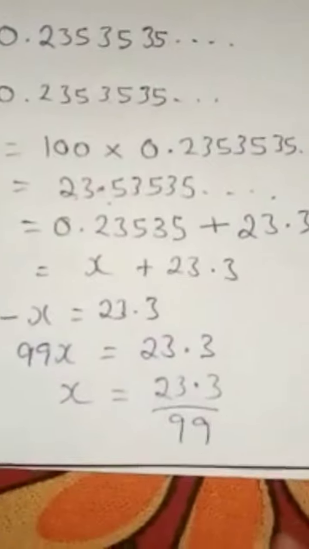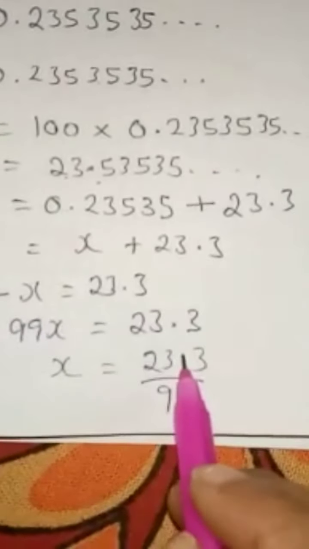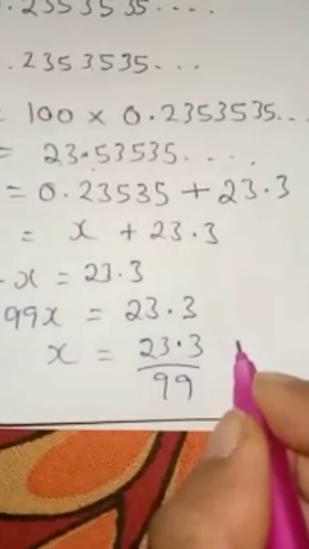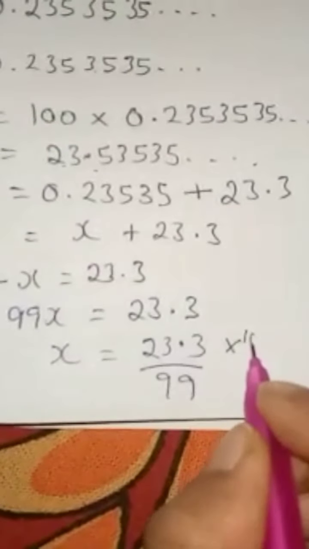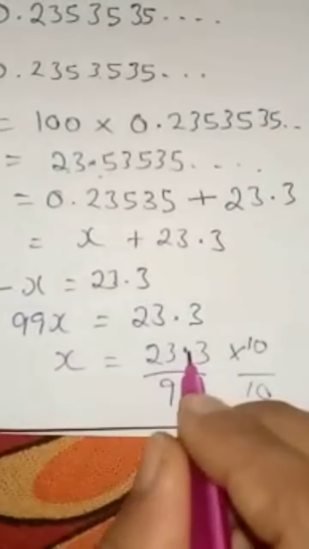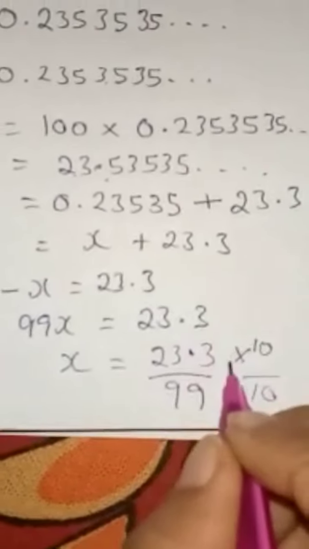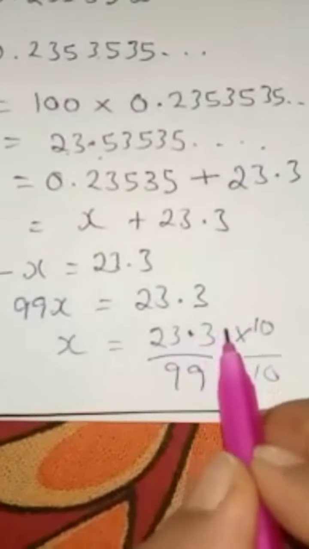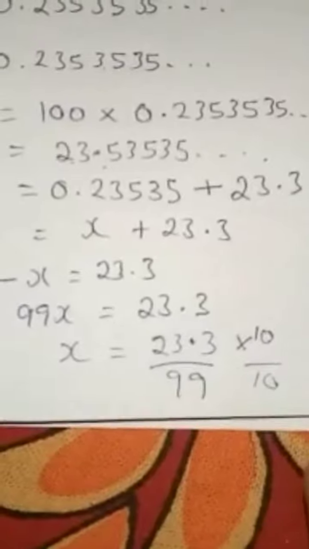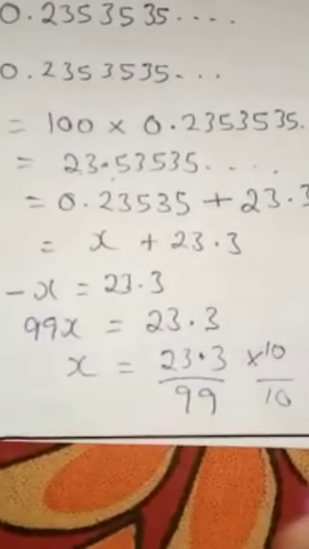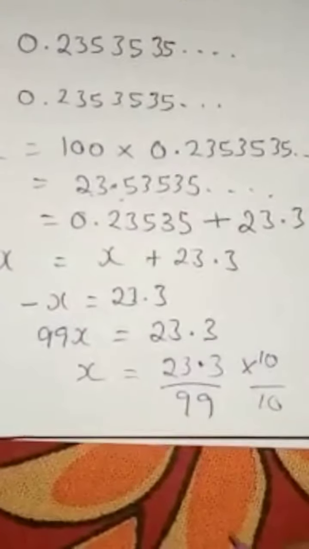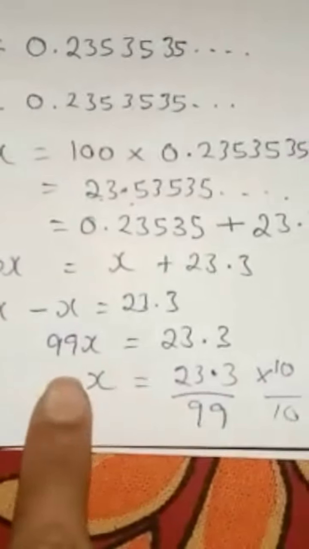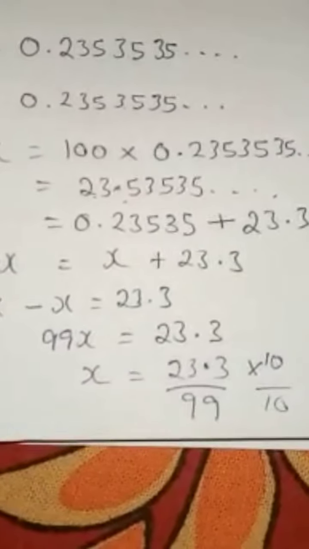So now we want it in fraction form. Here it is the decimal. We don't want this decimal. So what will we do? We will multiply both numerator and denominator with 10 to remove this decimal point. When you multiply with 10, as I told, if you have 1 zero, one place it will go. So it comes here. So when you multiply, you will get 233. Here 990 it becomes. So x is 233 by 990. So this is the answer. x is equals to 233 by 990.